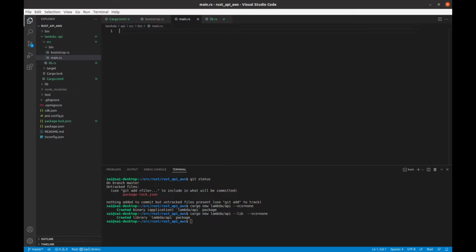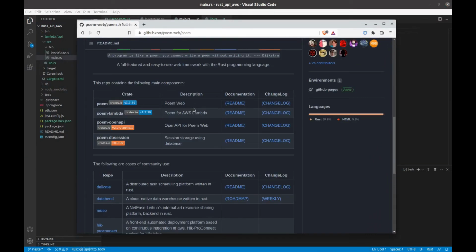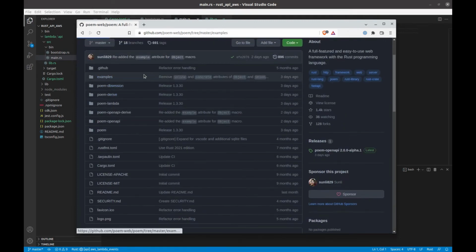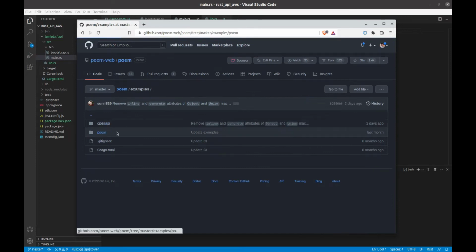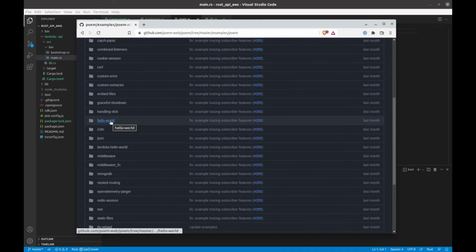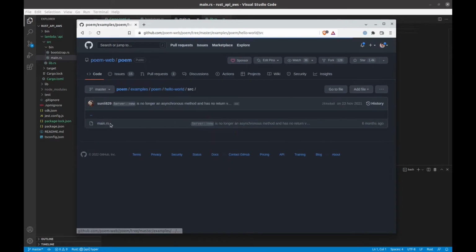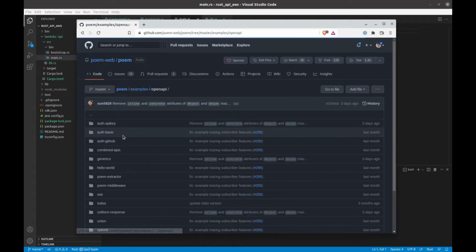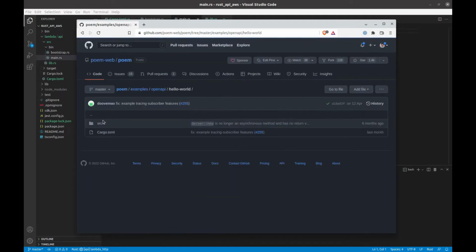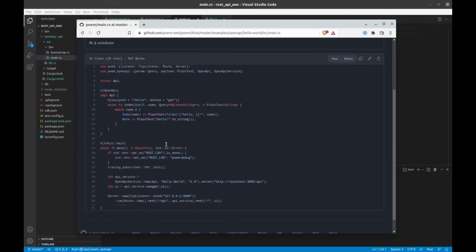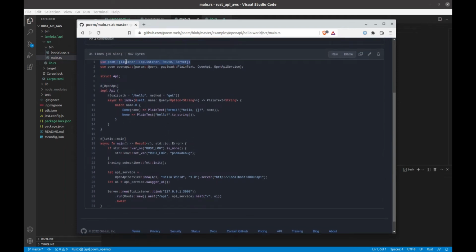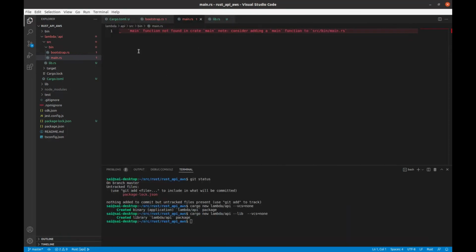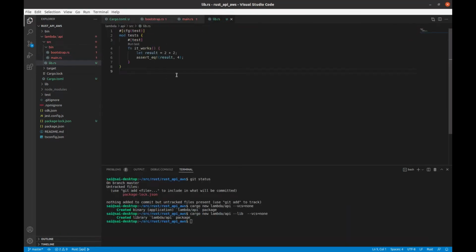Before we proceed, let's take a quick look at the Poem documentation. And we are going to look at one of the examples and use that as a basis. So going down to Hello World. No, maybe we should use the OpenAPI example instead, because I think that's a little bit more of an interesting API example. So yeah, let's go ahead and copy this whole file, and we're going to go over to the